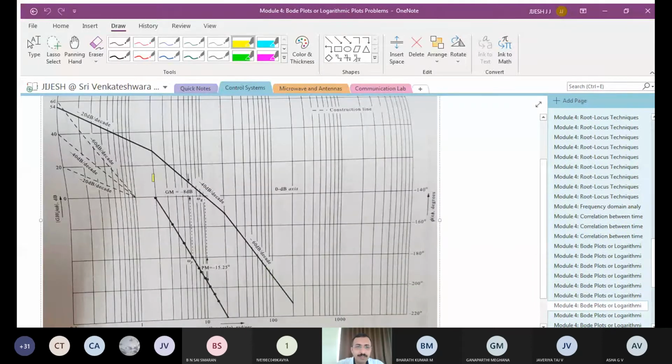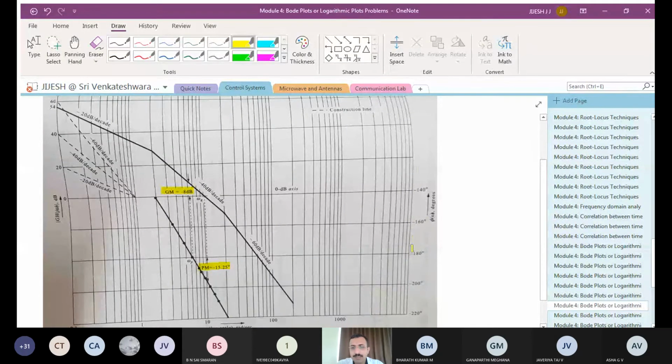See here, you can see that this is how the plots will come when you draw the Bode plot. Here I have put the phase margin, here I have put the gain margin. So you can understand that you need both the plots. This line which goes top is called the magnitude plot, and that line down here is the phase plot. You can see that the scale here is 20, 40, 60 like that, but on the other side it is minus 140 degrees, minus 160 degrees, minus 180 degrees.